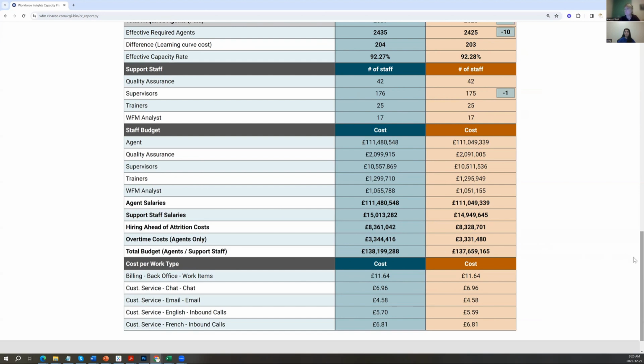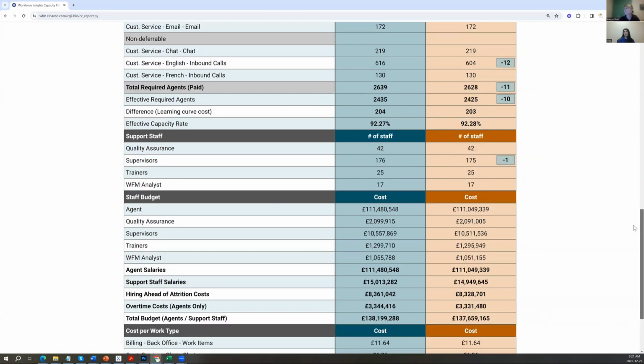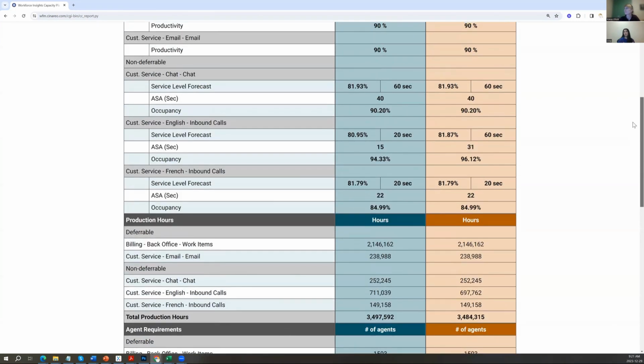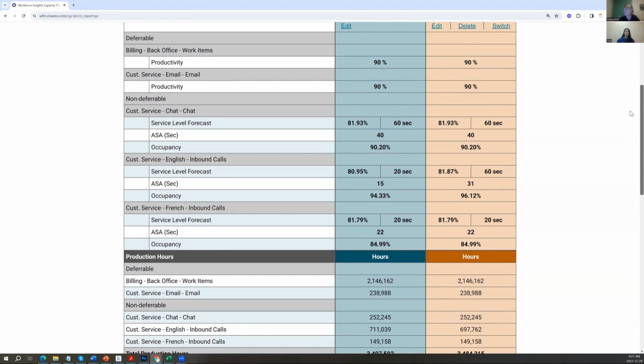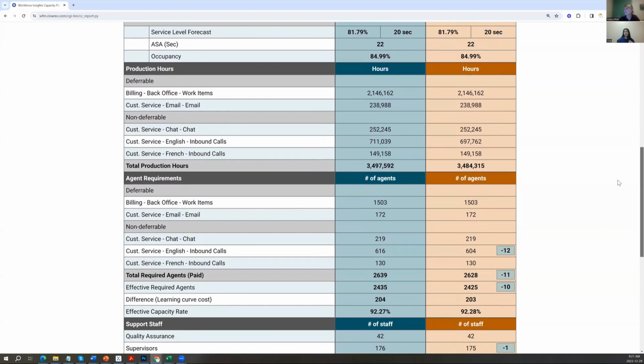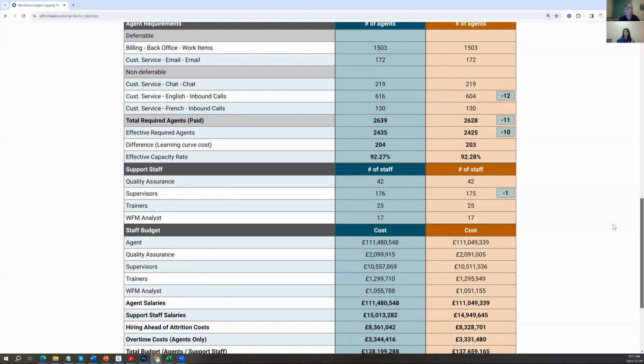Okay, so you got me on several key aspects here, because usually the point in many organizations where planning teams are stopped is, okay, this is our average handling time, this is the volume that we're expecting, this is the amount of agents that we would need. But what I'm seeing from you here is that first of all, I can see the performance, which is what I would need for my job. But what a decision maker would want to see is the total cost and how that total cost is split per department.